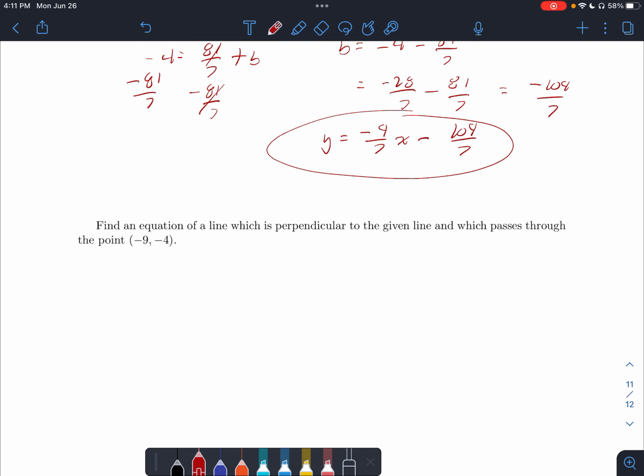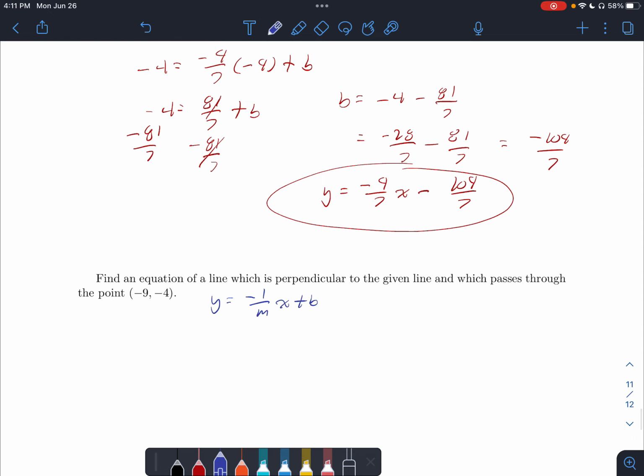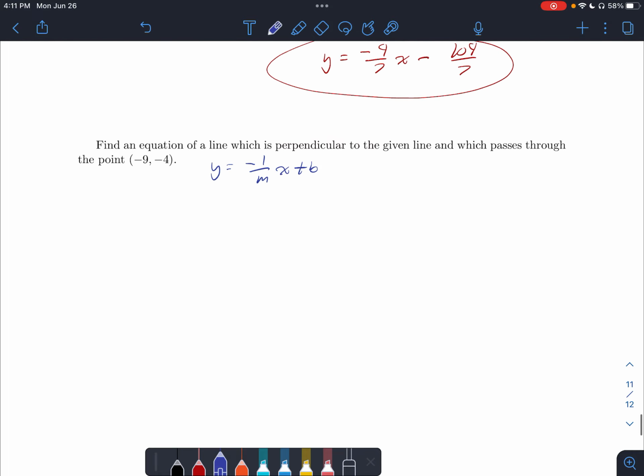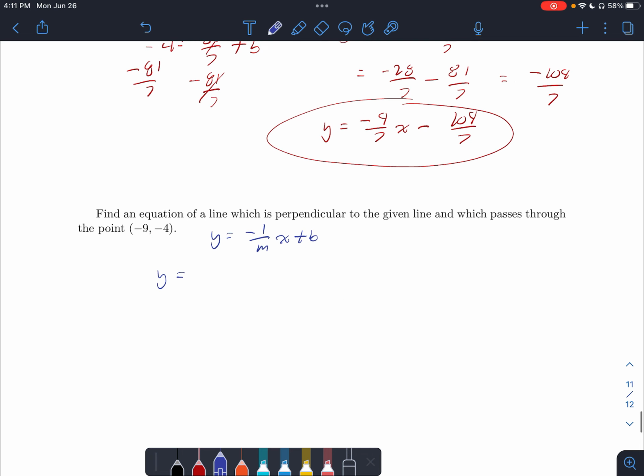Okay, lastly, we want to find an equation of a line which is perpendicular to the given line, which passes through the same point again, negative 9, negative 4. So if a line is perpendicular, it's going to be of the form y equals negative 1 over m x plus b. Or we can just flip the slope and make it negative, okay? So that means this line is going to be the form y equals negative, if we make it negative, that'll make it a positive 7 over 9